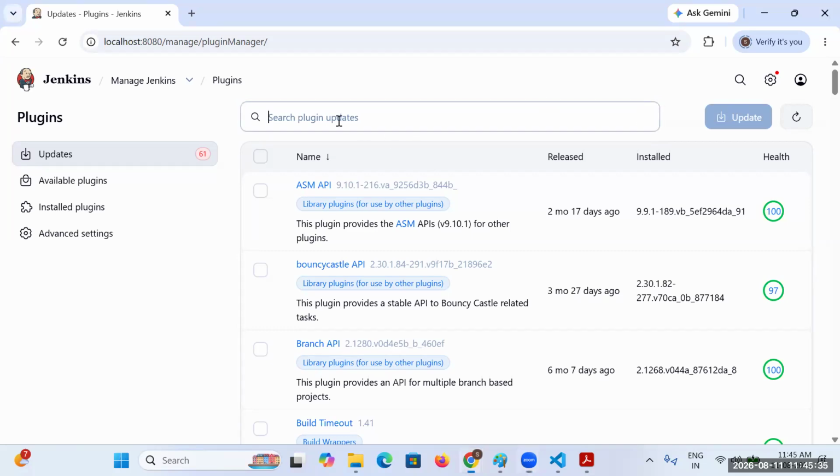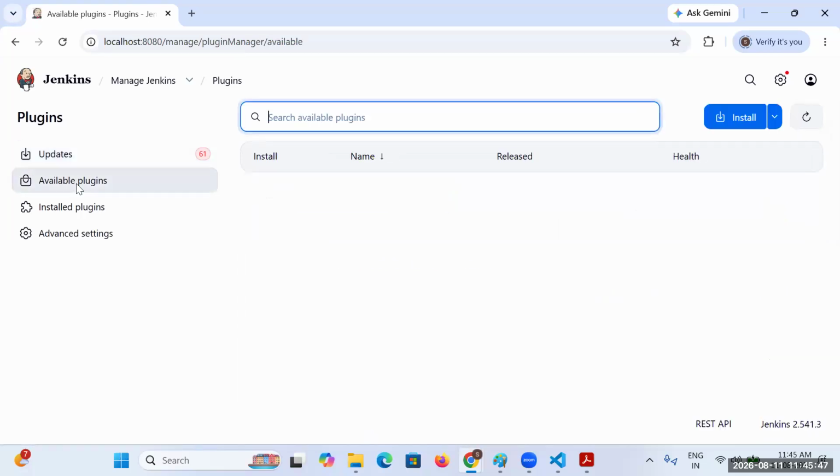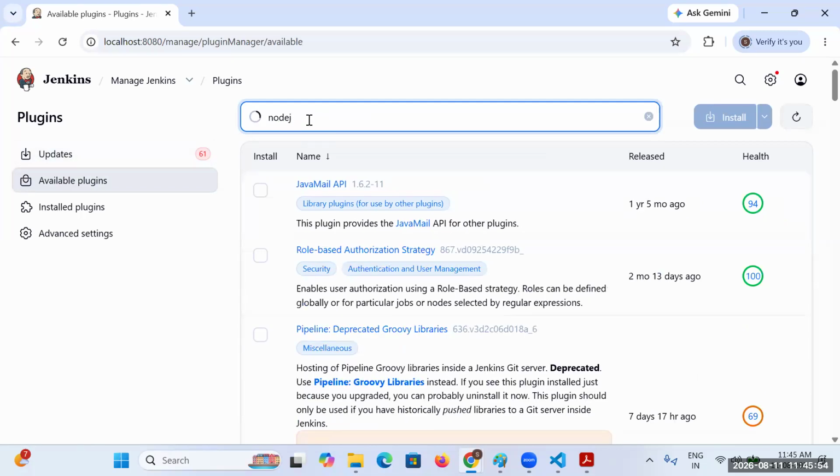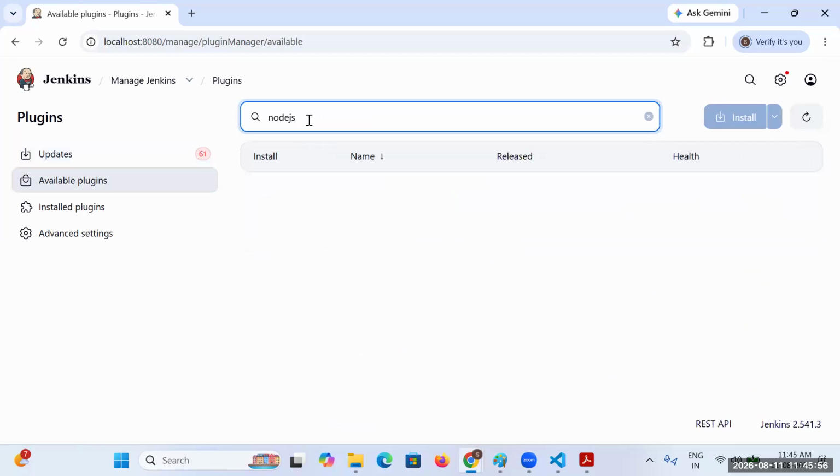Let me search for it. I will click on plugins here. Okay. Here you need to click on available plugins, and then you will click on Node.js. For me, it is not displaying because I have already installed it.